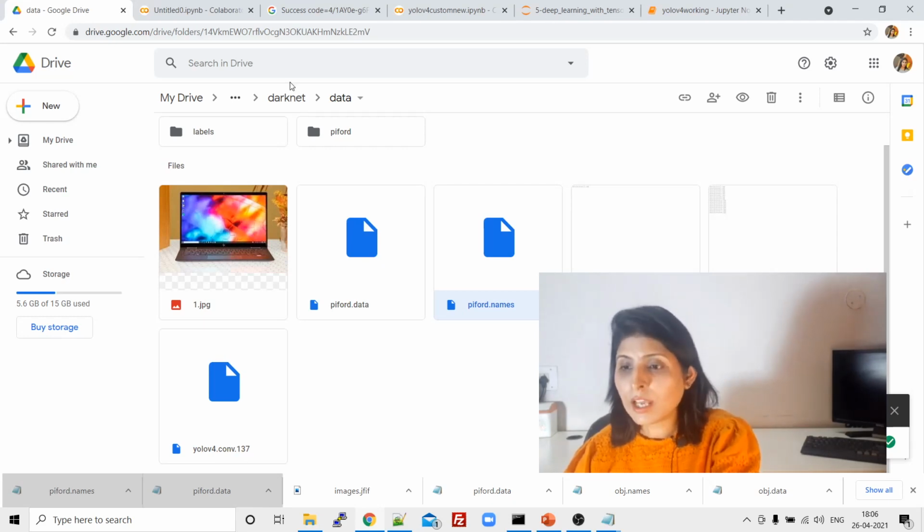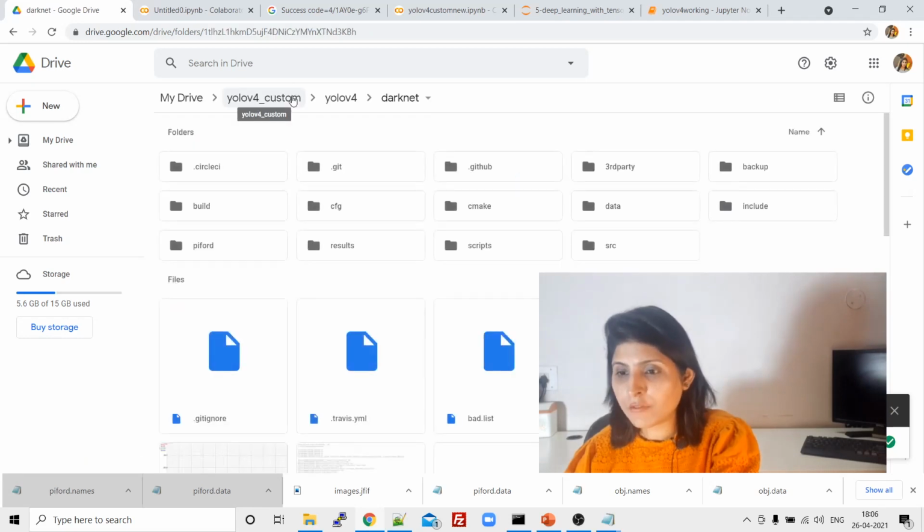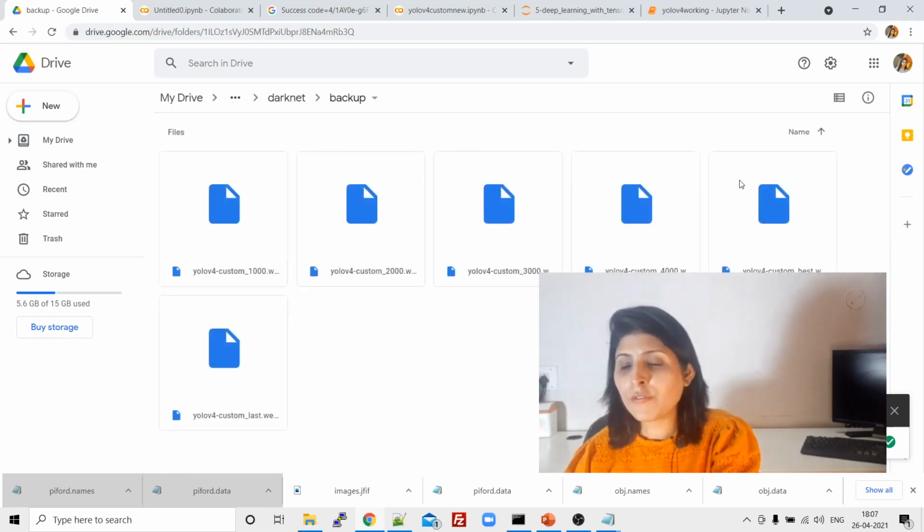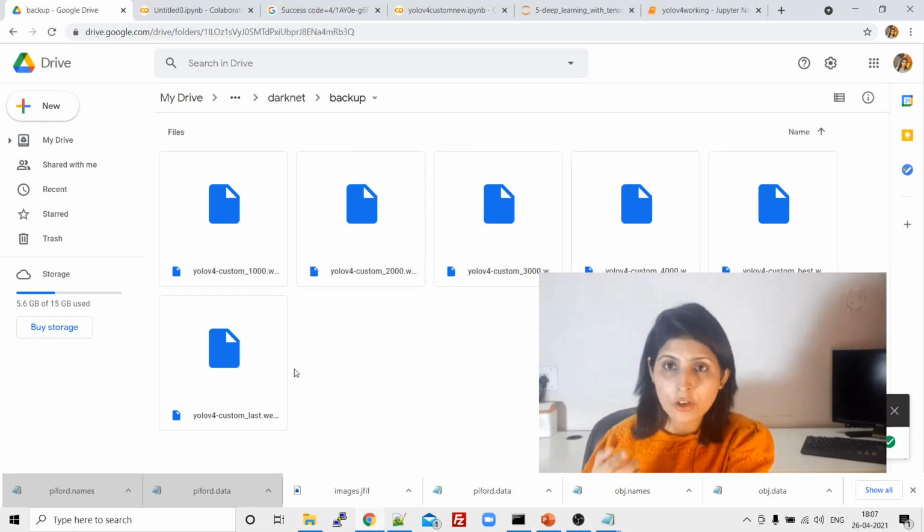Now let's come out from this data folder. Over here you can see the backup folder. You'll get this backup folder when you install Darknet. This will be there only. In this backup folder, these are the different weights when you train your algorithm.